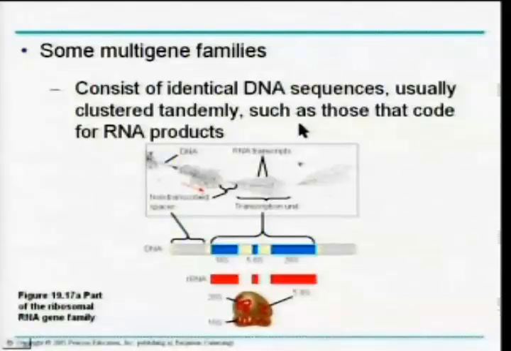It's not as common as in prokaryotes, such as those that code for the RNA products. So this illustration is showing part of the ribosomal RNA gene family. 3 of the hundreds of copies of ribosomal transcription units in a salamander genome are shown at the top. TEM, transmission electron micrograph. Each feather, you see how it looks like a feather, corresponds to a single transcription unit